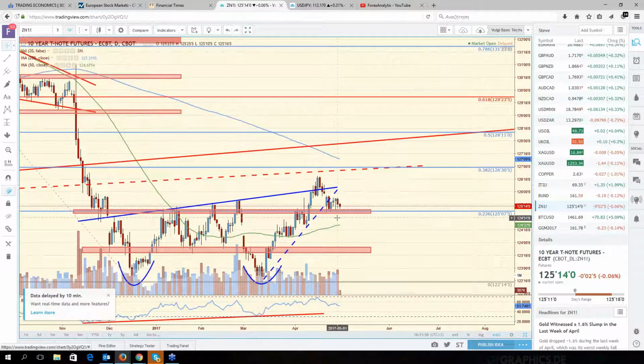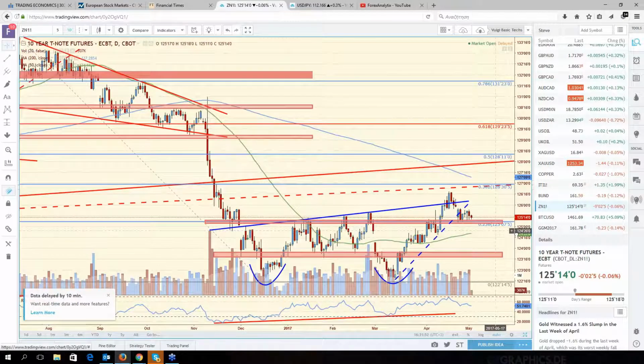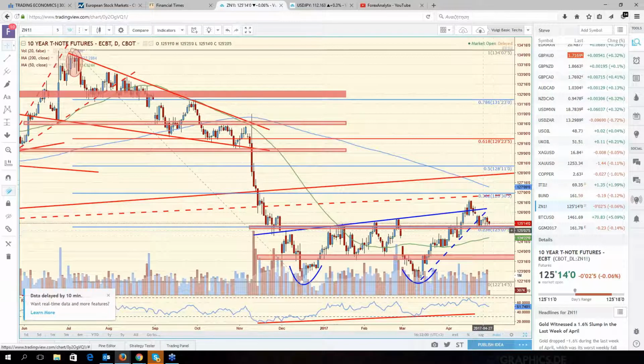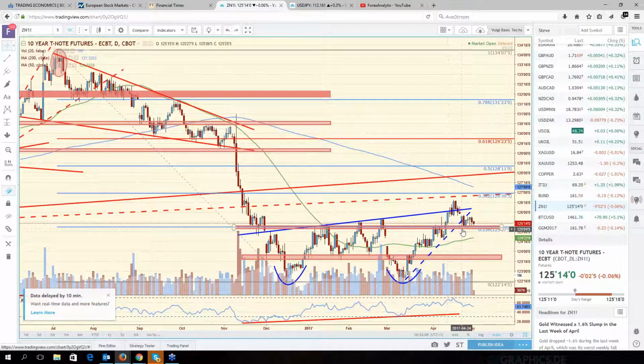Yeah, it looks a lot like the TLT chart, and I thought that we had a chance to rally back to like 129, 130 before it was over. Of course, and start something. We're still holding at a decent zone. I mean, it's not impossible to have another move higher. From a technical perspective, this thing is not broken yet to the downside,